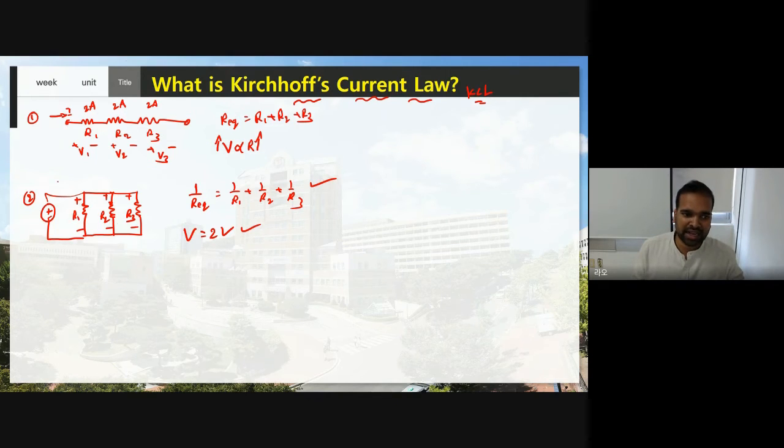Next thing, what is the current? See, this is connected in parallel. So if you consider IT is the total current, after coming here, it has 3 ways to go. Some of the current will go here, here, and here. So the current IT is going to divide into 3 parts: IT equals I1 plus I2 plus I3. This concept we will use for the Kirchhoff current law. Okay, clear? Now in this circuit you have clarity on how to find R equivalent.